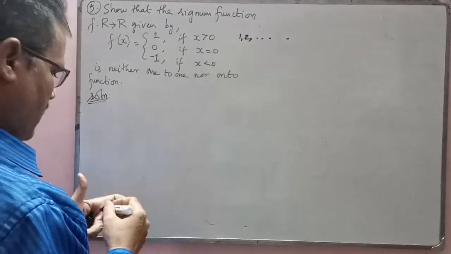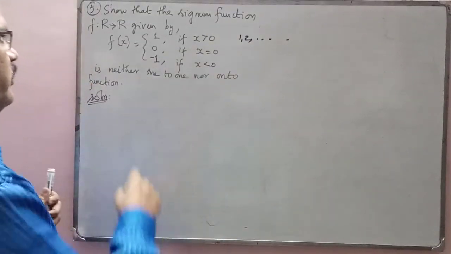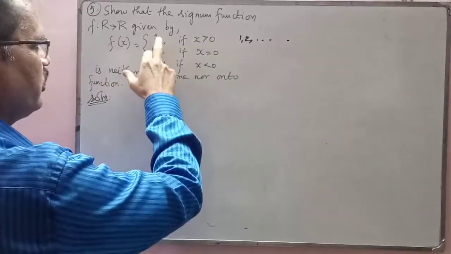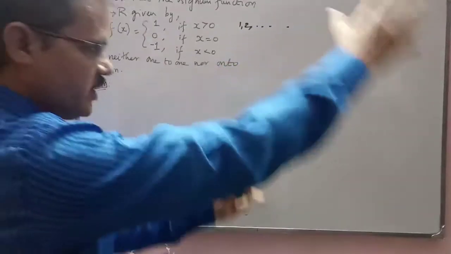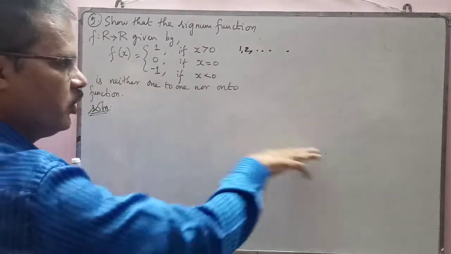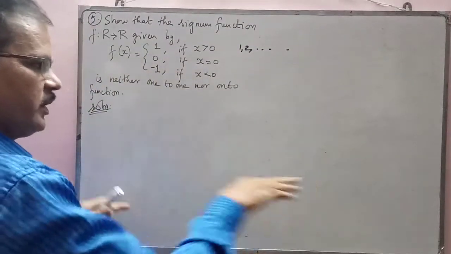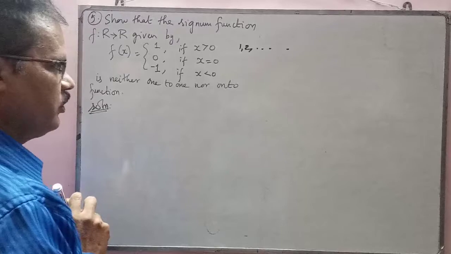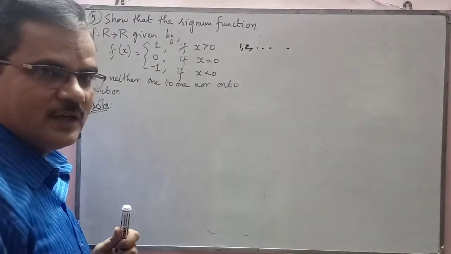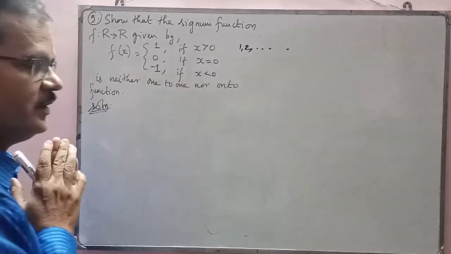The first point. And the second point, I'll say the answer now itself. You see the mapping, the output is always 1, 0, or minus 1. Even though you have the whole real number set, whatever input you give, positive goes to 1, if it is 0, it will go to 0, and any negative number you give will go to minus 1. So what about the remaining numbers left in the codomain? They are all left free. So it's not an onto function.